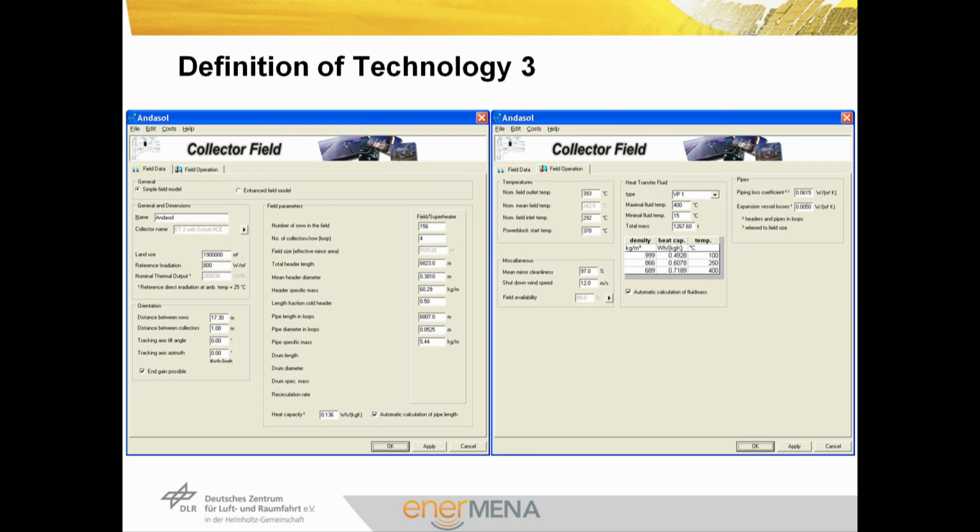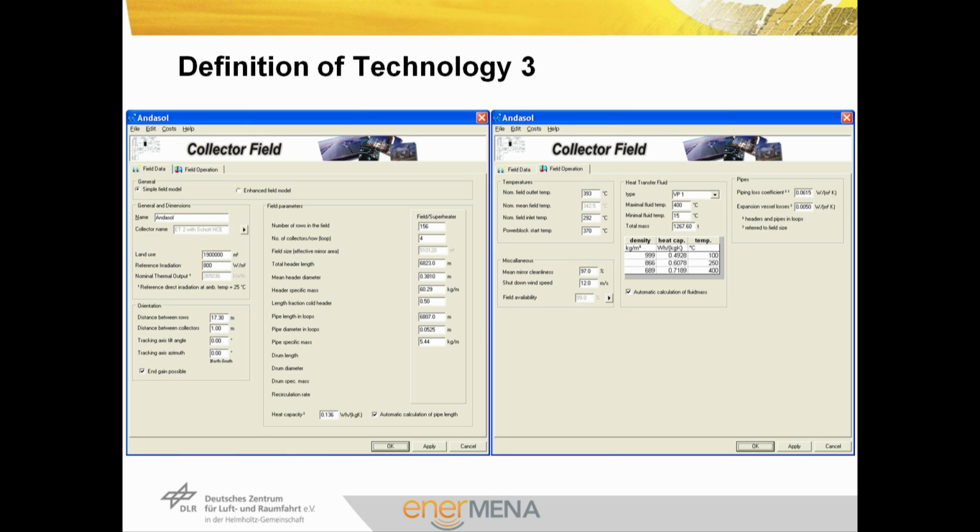The next input window for the technology is the input window for the collector field. This again is divided into two separate tabs. One is called field data, the second one is called field operation. In the field data window, it's specified how many collectors are used in series to build up a row or a loop, and then how many rows or loops are in the solar field. Also, the header length, header diameters, piping length, and piping diameters can be defined here. Furthermore, the distance between rows and the distance between collectors. And tracking axis tilt angle, if any, also the tracking axis azimuth angle, if the trough is not oriented in